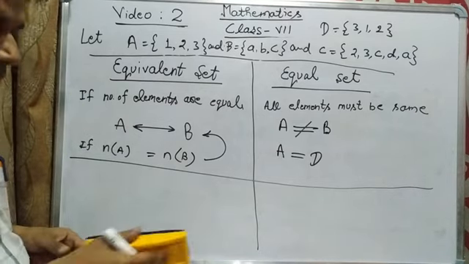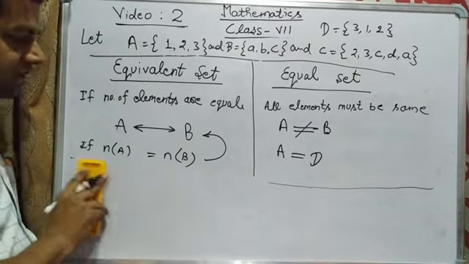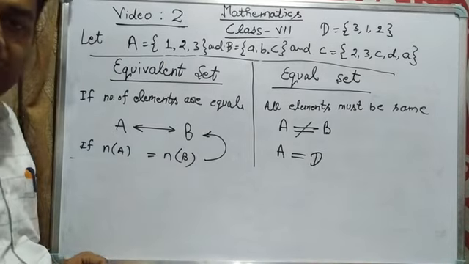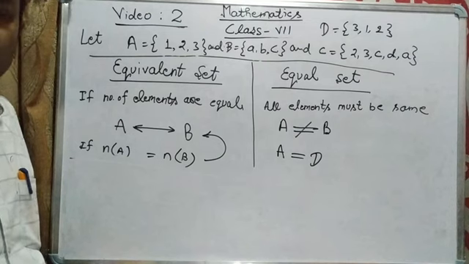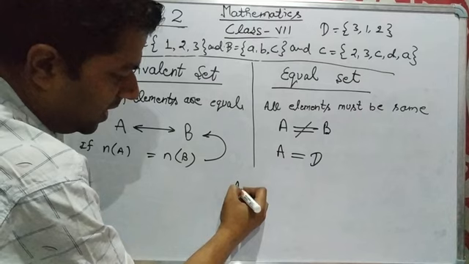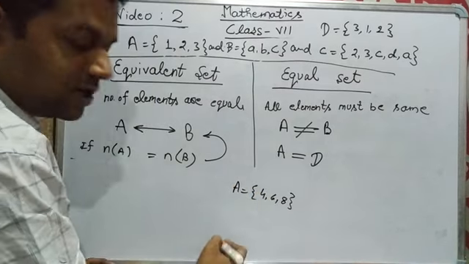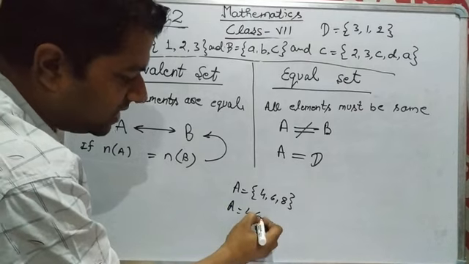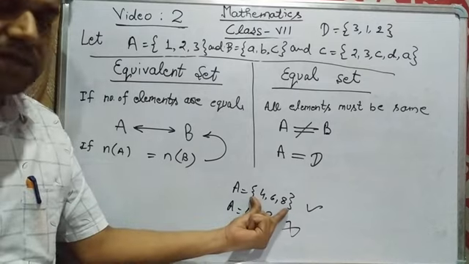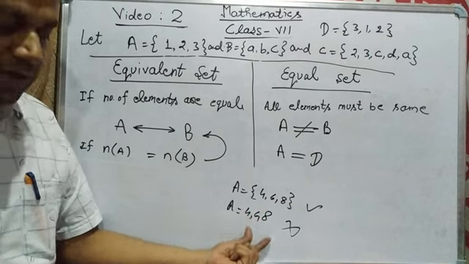Few things I want to discuss with you. As I interacted with the students, some of them are not able to even write the sets. If I ask them to write the roster form, the right answer must be A = {4, 6, 8}. The students are writing A = 4, 6, 8. This is the wrong method, this is the correct method. Use the curly braces. If you are not using the curly braces, that is wrong.